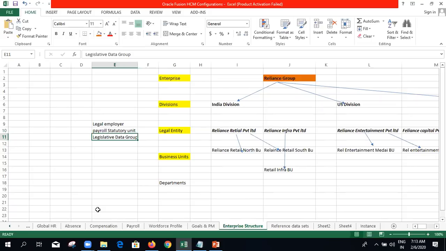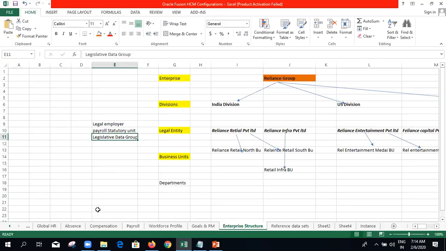So let me explain this, and it is an important concept. In the Fusion application, for respective countries, the legislative rules are predefined. If you go to the US, the taxation for employees will be different. There they will have some federal tax, employer tax, and then professional tax kind of, or county tax also will be there. Coming to India, what kind of tax are we having? We are having income tax, PF, that is Provident Fund, and Employee State Insurance, ESI, and then professional tax. So these are the tax components here.